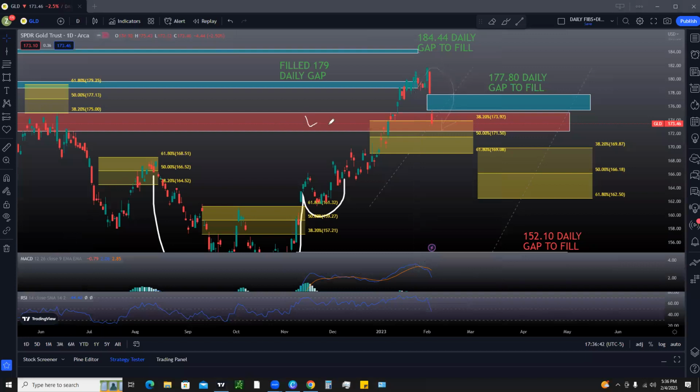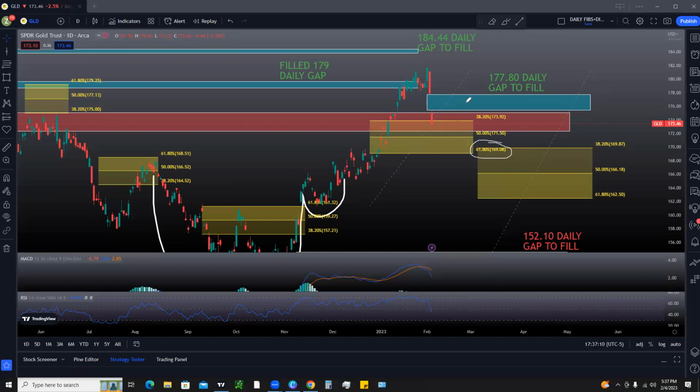Now, I want to see, are we going to be able to create a new demand zone in this area here of our previous supply and basically get a breakout retest and continuation upwards? We now have two gaps up to fill, right? So in the process of coming down to 173, we created a new gap right here, but we need to be mindful of what I mentioned earlier. If we come up and only fill half of this gap and don't end up filling the rest of the gap, that's going to be a bearish signal that most likely we're going to come back down and retest this